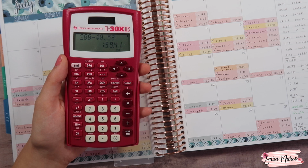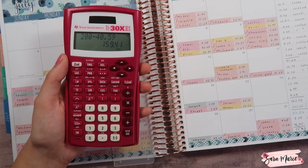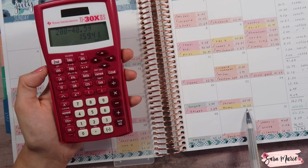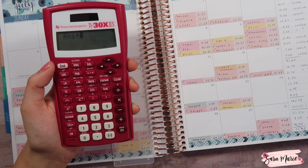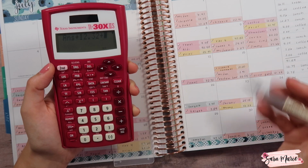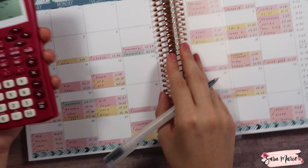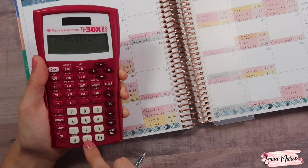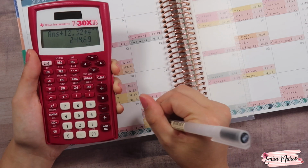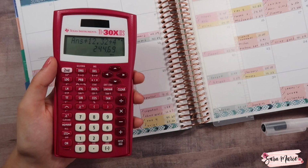I'll be adjusting our sinking funds for insurance to account for the motorcycle. You'll probably see gas for the motorcycle, stuff like that. So Jason did fill up the motorcycle on Friday, and he didn't fill it up all the way, but that was $12.32. And then we both filled up our cars on Wednesday. So Jason's car was $45.60, my Prius was $27.36, and that brings us to a total spent of $244.69,